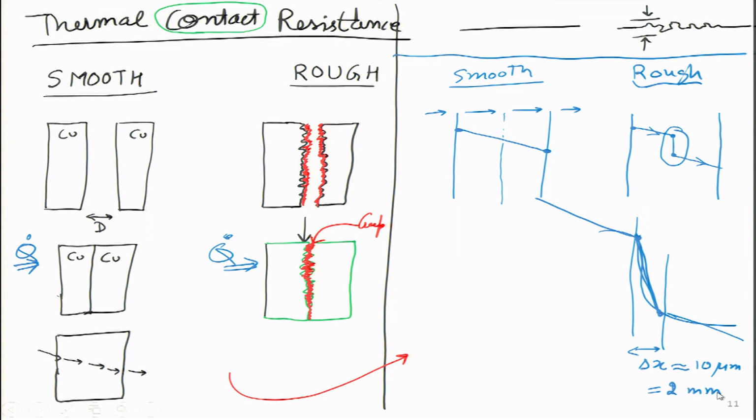So, this whole concept that we have studied over here comes under the thermal contact resistance. This thing that we are seeing over here is the effect of the thermal contact resistance. The physics for it is shown on the left hand side. I will highlight it with the orange color over here.